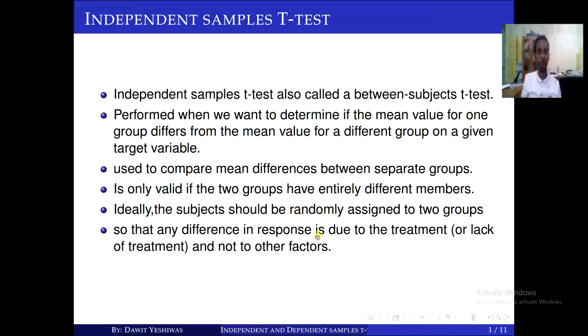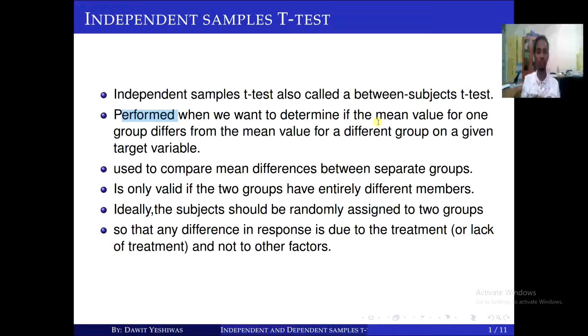So the independent simplicity test, another name is two-sample test. You can say two-sample test, or it is called a between subjects t-test, and this test is performed when we want to determine if the mean value or the average value for one group differs from the mean value for a different group on a given target variable. Assume we have one variable and that variable is quantitative, and the interest is just to make inference